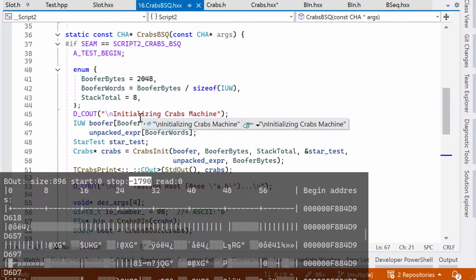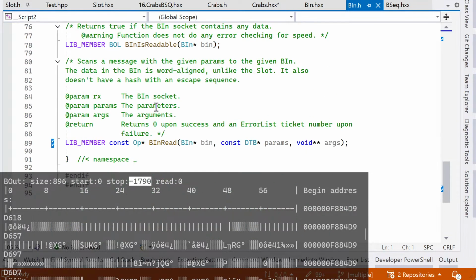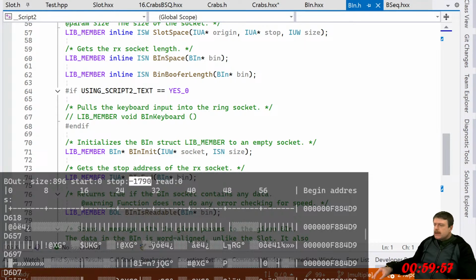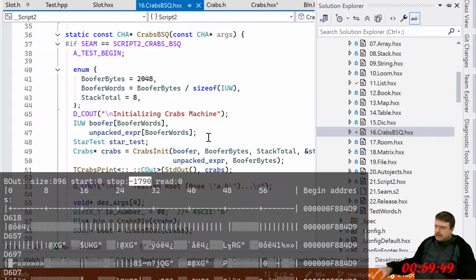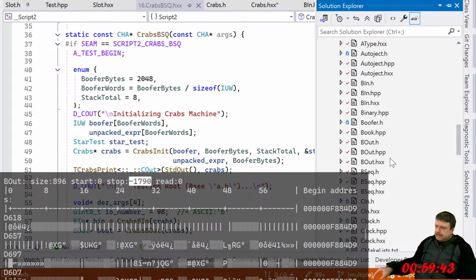Okay, so maybe I need to do, I think I could do another print function that just prints the. Wait, that's not it. Gotta be in the HPP.